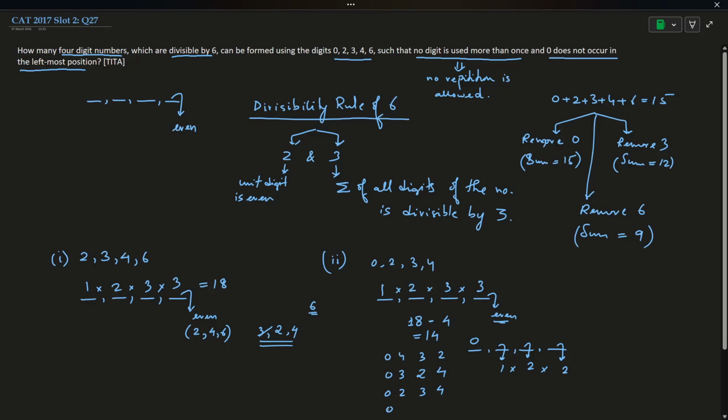So here if I say 0, I have 2, 3, 4. Am I making any mistake, guys? What else can I have here? I can have 2, I can have 4, I can have 0, 3, 4, 2. Yes, these are the 4 that we have subtracted. So 14 is here. So 18 is here. In the third case,